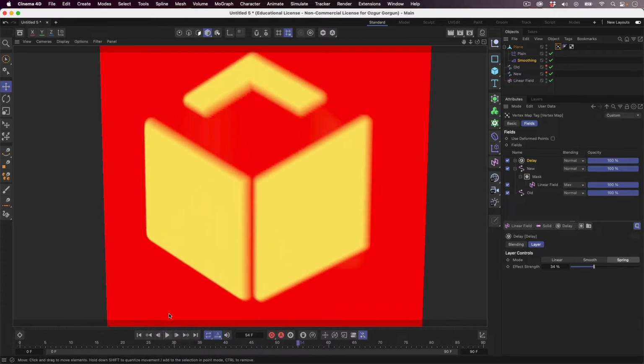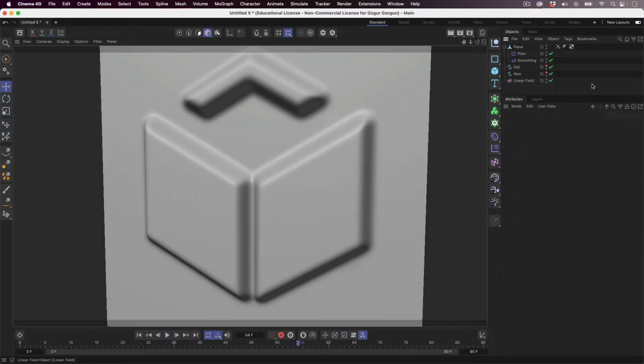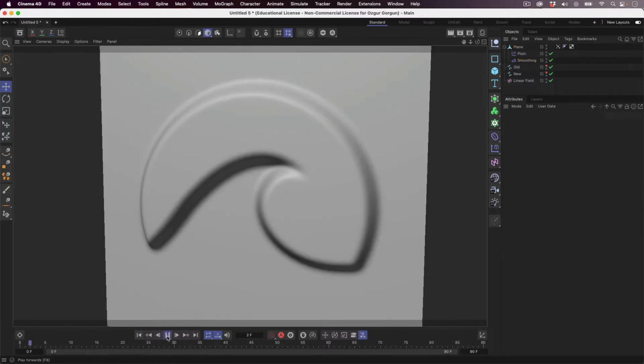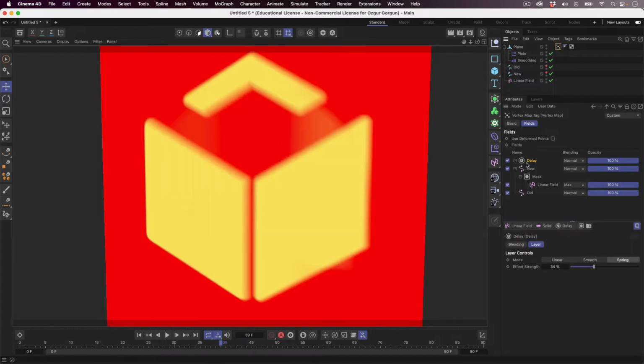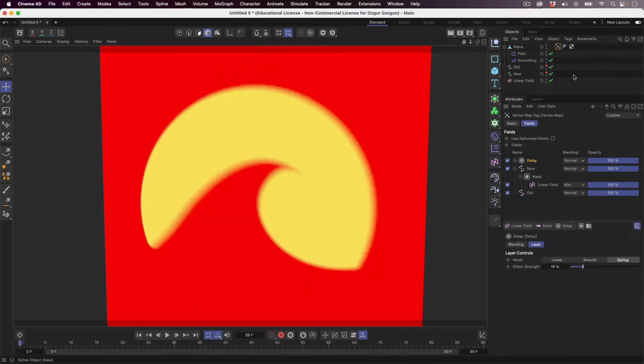Let's see what this actually looks like on the plane. If I deselect this, I can see the deformation. Go back and play again. That's looking good, but this recoil effect where the wave comes in and shows us the original logo again, I don't quite like that very much. So I'm going to go to the vertex map. Select delay, lower the effect strength even more, let's say there, then go back to the beginning, deselect the map,